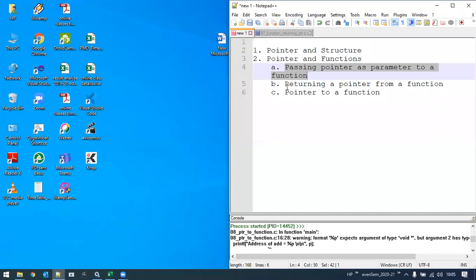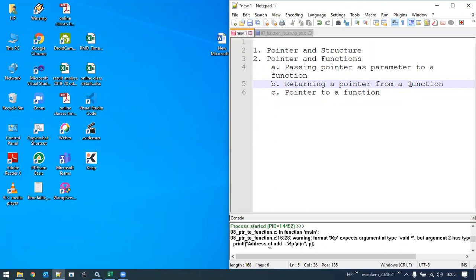Now, in the same way that we pass pointers to a particular function, we can also return a pointer from a function. User defined functions may return some value or may not return some value. If it is returning, then we call it a function returning certain values, right? Depending upon the data type of that value, we will write the return type as either an int or a float or a char, if it is returning an integer value, a character value or a float value respectively, isn't it?